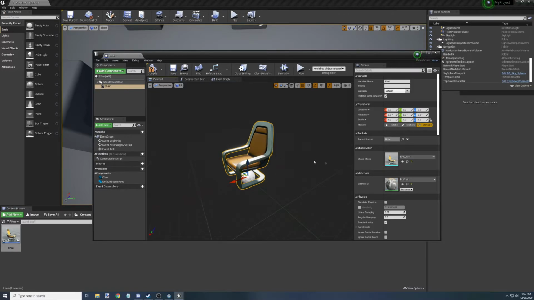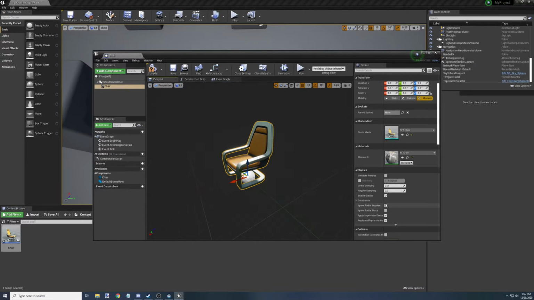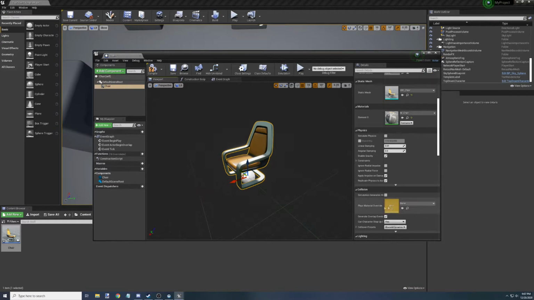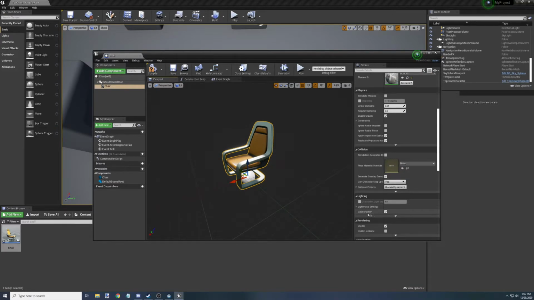Don't worry about simulate physics or anything, but I do want you to know that they are there. This is where you would deal with a lot of your physics, collision and everything. We're not going to worry about that just yet because with top down, a lot of the stuff's pretty